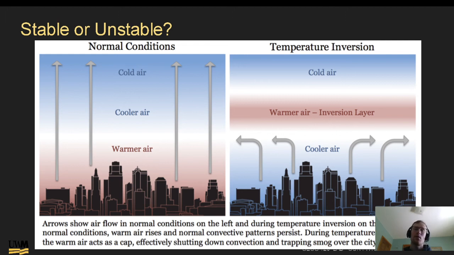This is very common in heavy urban environments and may prevent air from rising. Now, this could cause smog to be trapped over a city, if the pollution isn't able to disperse because it might be trapped by a warmer layer above,